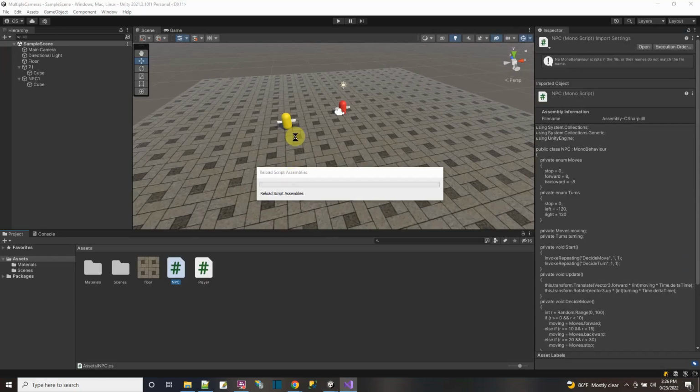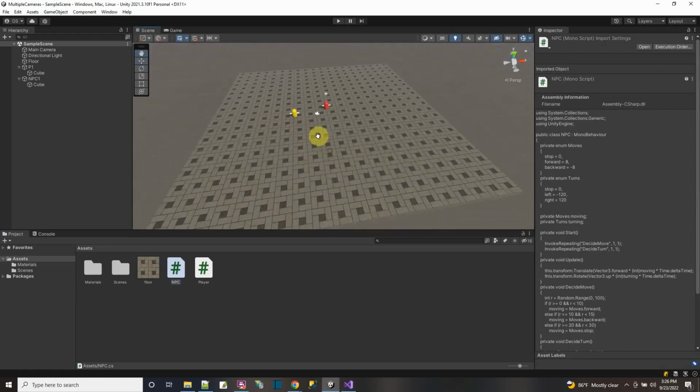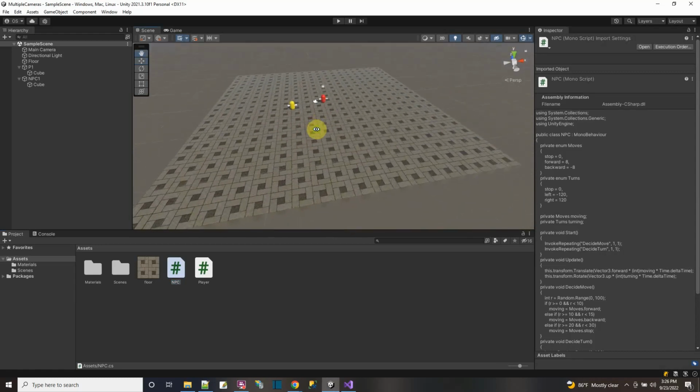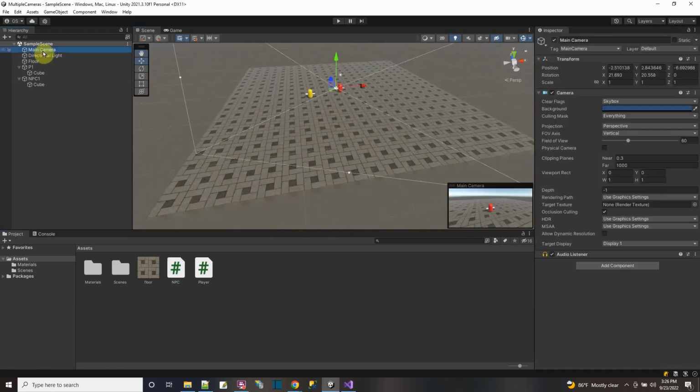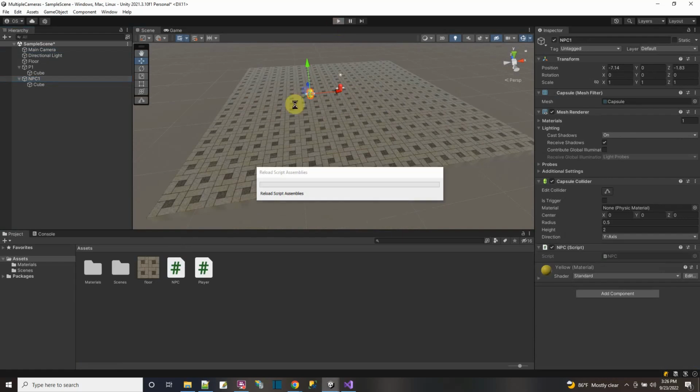Let's see what happens. I suspect there'll be a problem if it rolls right off the edges. Let me zoom out a little bit more so I can see the whole playing field better. Camera, Control Shift F, and let's put the script on the NPC. Bam, so now I've got the one I'm controlling and the one the computer's going to control. I press play,